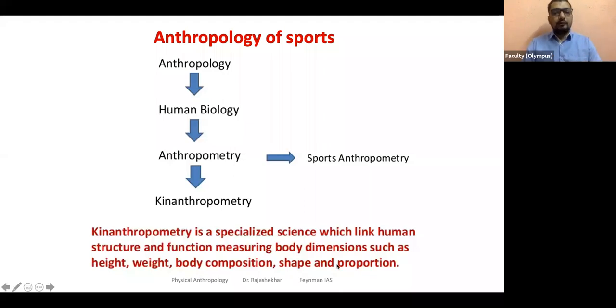So how do you know that? By measuring, by identifying certain elements of his body and by taking measurements of those parts. What are those features? Maybe height, how tall they are, what is their weight, what is the body composition, like endomorphic, ectomorphic, mesomorphic that we talked about. Are they made up of more muscle, more fat? If fat, where exactly is fat present? That analysis can be done on the body. So with the help of these measurements on height, weight, body composition, shape of the body, proportionality of how muscle and fat is distributed around the body, one can actually try to utilize this in the field of sports.